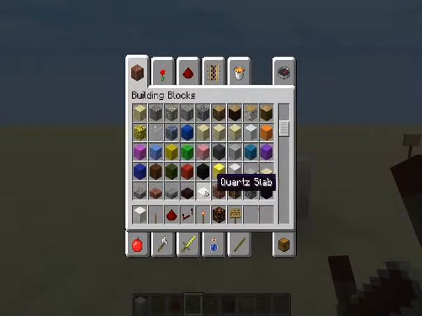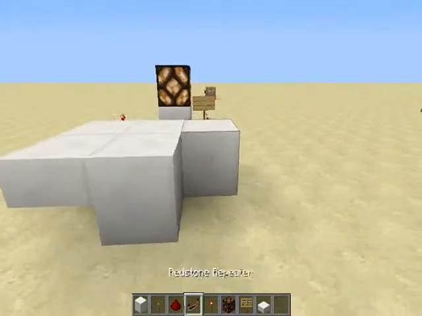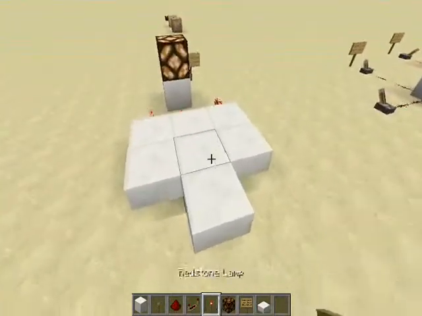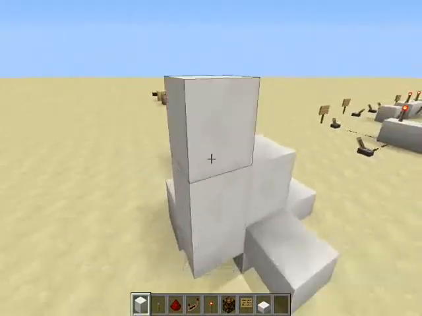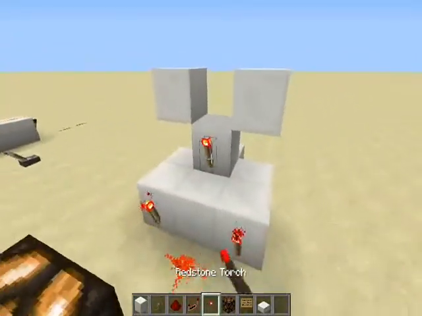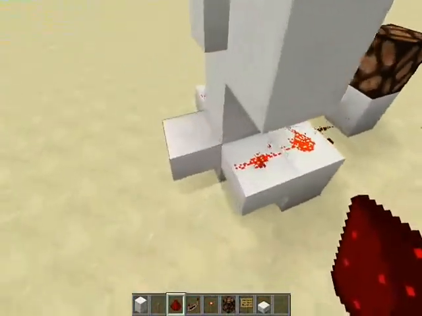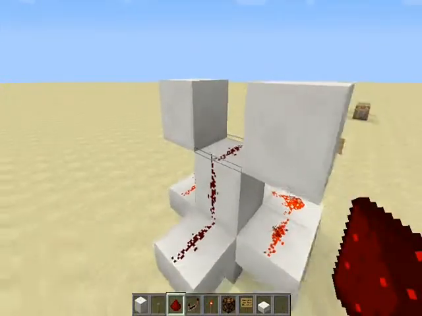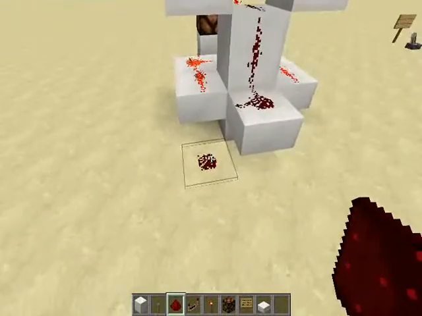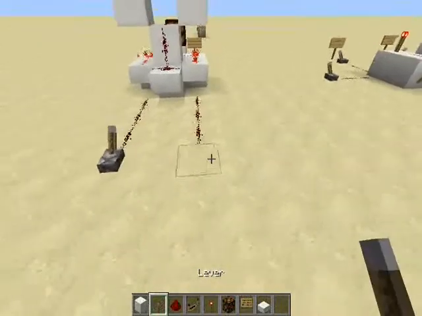Oops. We put 1 slab, block, slab, slab. Then we put another block, 2 more blocks, it's a ton of blocks, a torch, redstone wire, more redstone wire, more redstone wire, and then over here we go 1, 2, 3, and then we just bring the wire out, and we put